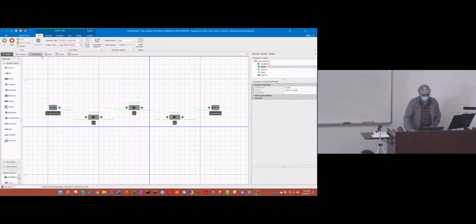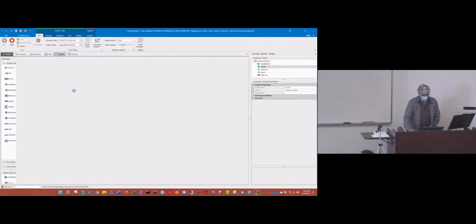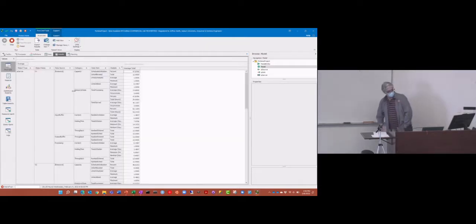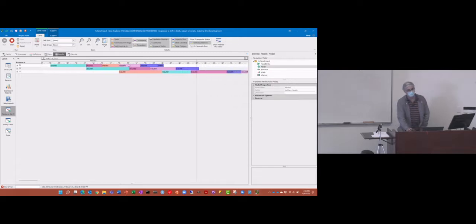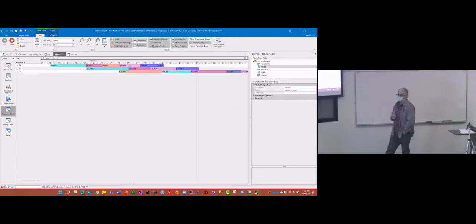I can run it to the end, go look at my results, and go look at the results we're interested in from a scheduling standpoint, the Gantt charts and all of that. Okay, so again, we built this model without doing any editing. We just pasted the values in, right? And because we had the template set up that uses the table structure and the custom objects, we didn't have